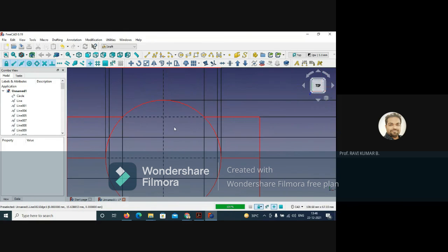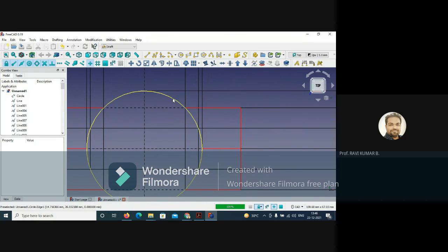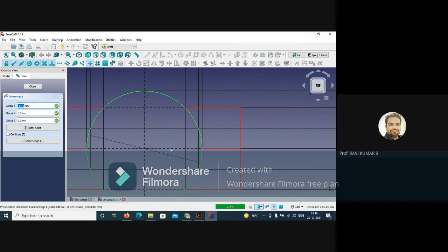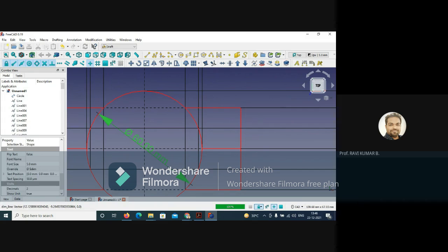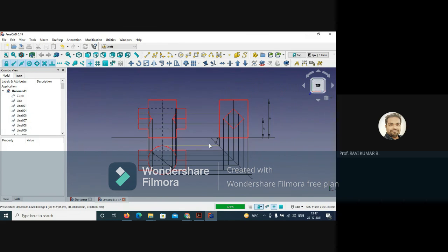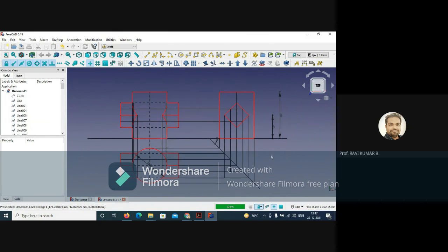Now for the circle, do you know how to put the diameter of a circle? Just select the circle and go in dimension, so it will automatically take. So you can keep like this. So this is a 60. This also you change over here, 0, and this is false. So this has been your diameter 60. Now only annotation is pending, so you can put the annotation and your diagram is complete.